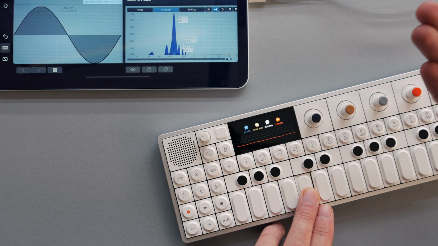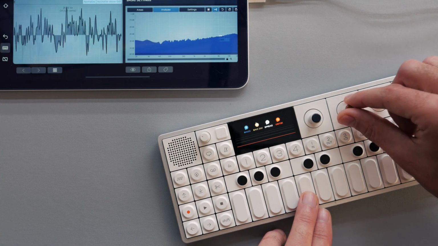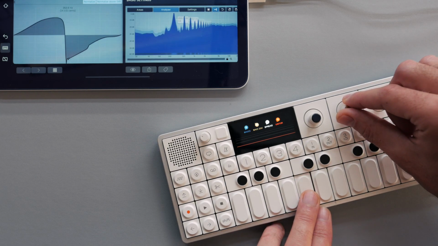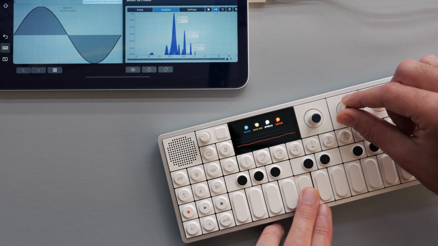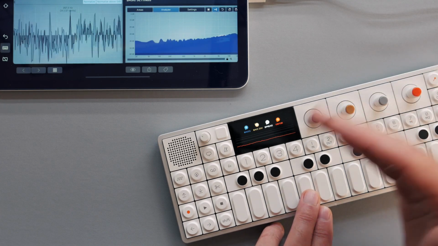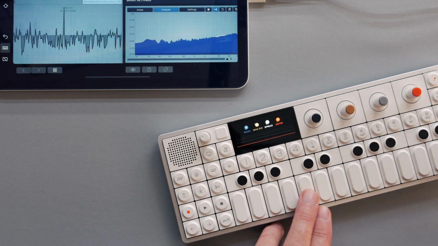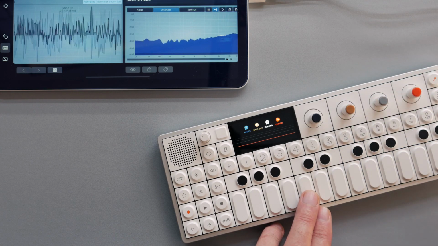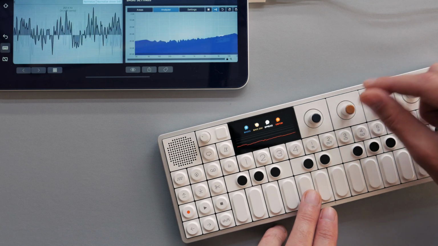So all we're getting is a sine wave. And if we turn this parameter counterclockwise from about 37 downwards, you'll notice that the filter is closing instead of opening. And again, if we turn it further, we'll change the speed at which it does this. So right now it's quite slowly closing, like this. If I turn it down further,